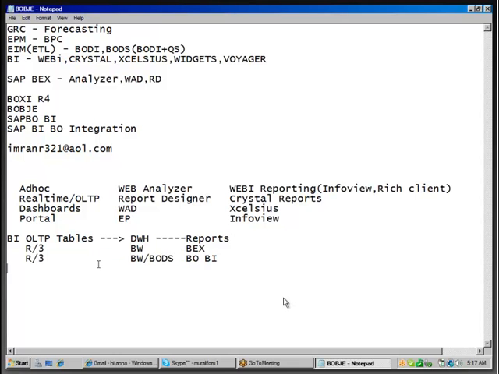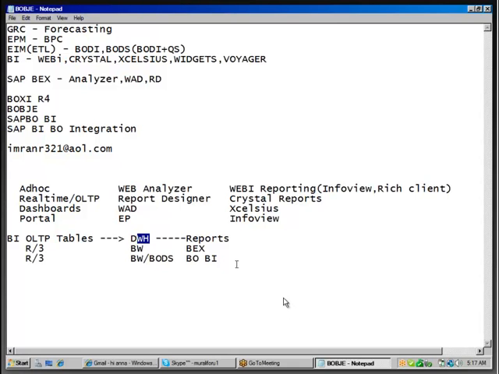This is the new architecture from SAP BI. That means now, in place of BEx reports, you are going to create BOBI reports like WebI, Crystal, Xcelsius, InfoView, on top of the DWH,